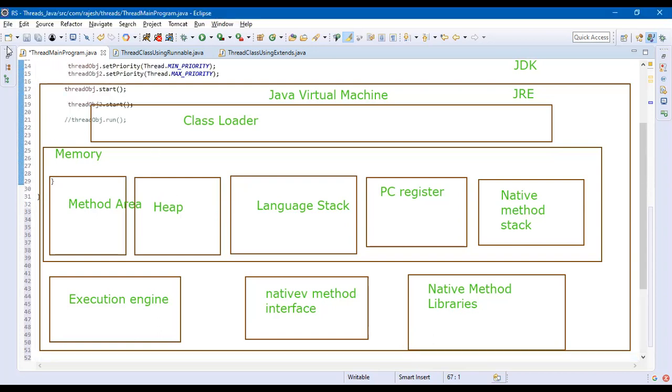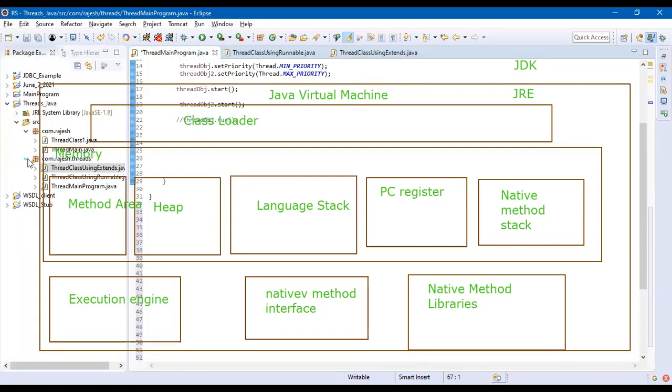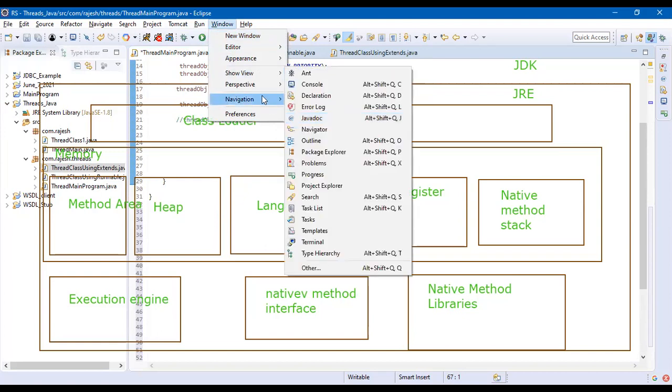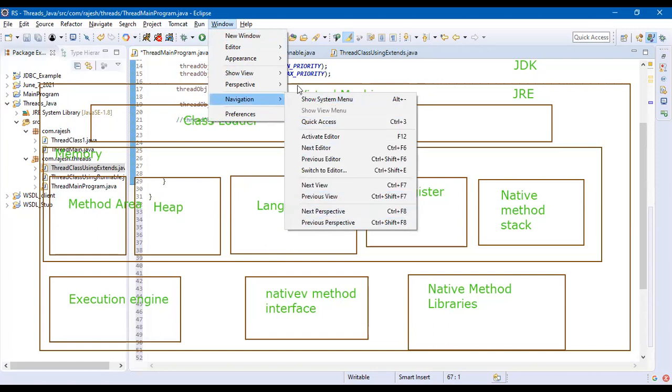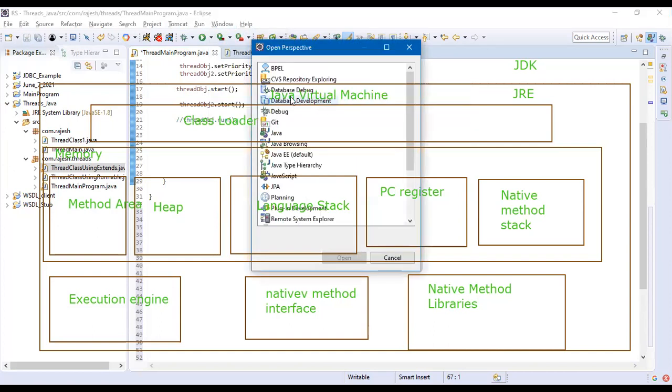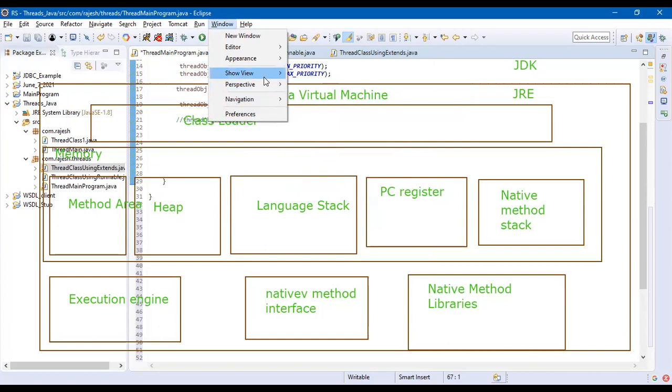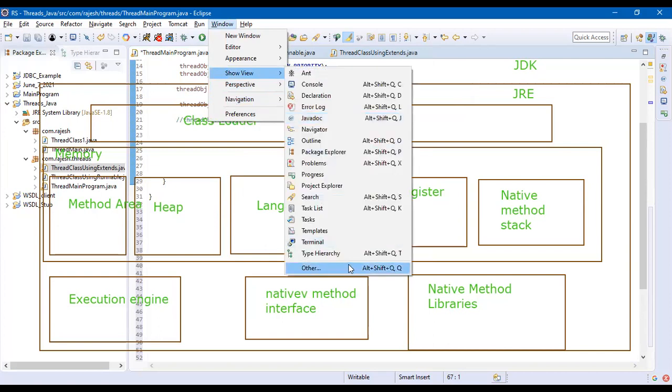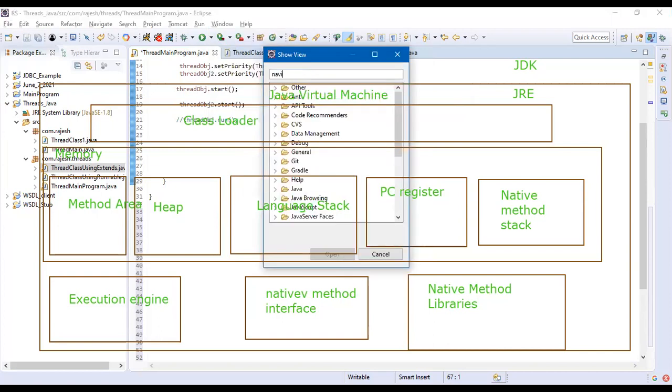When we write any Java program, we will have a class file. How do we see the class file? Two ways are there. Go to Window, Show View, Other, and type Navigator.